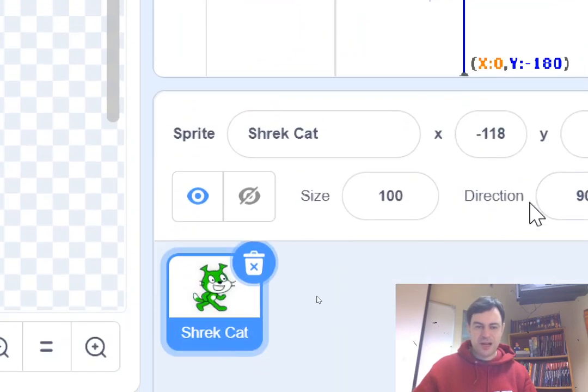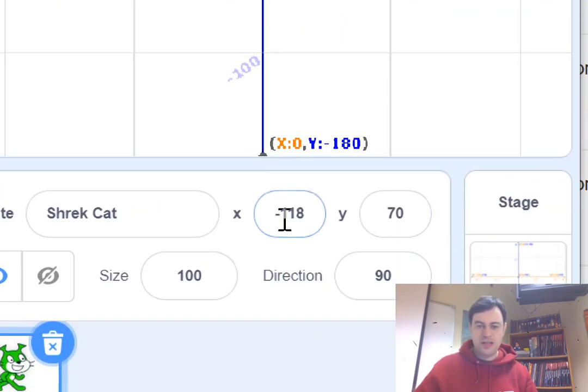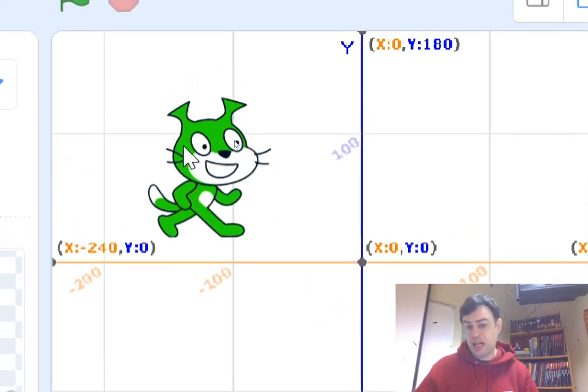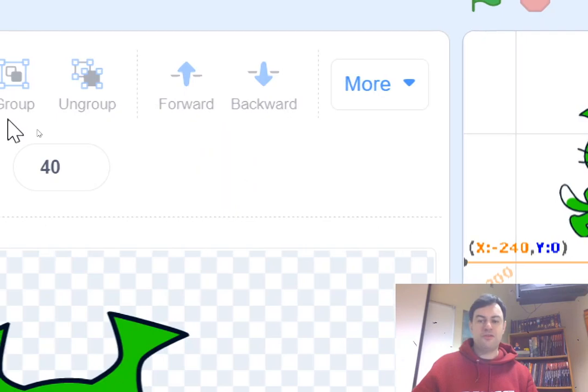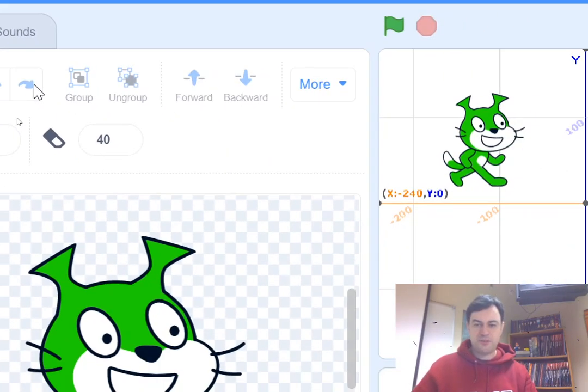So you can see that Shrek Cat has an XY coordinate. Negative X, positive Y. Yeah, it kind of makes sense, right? Where is it measuring this point from? Well, every sprite has a center. And if you go to your sprite